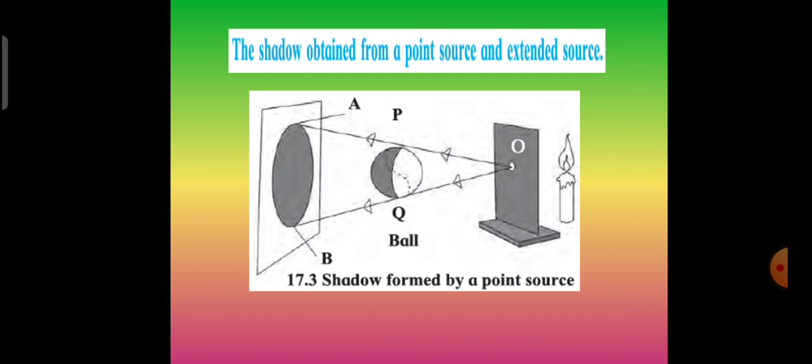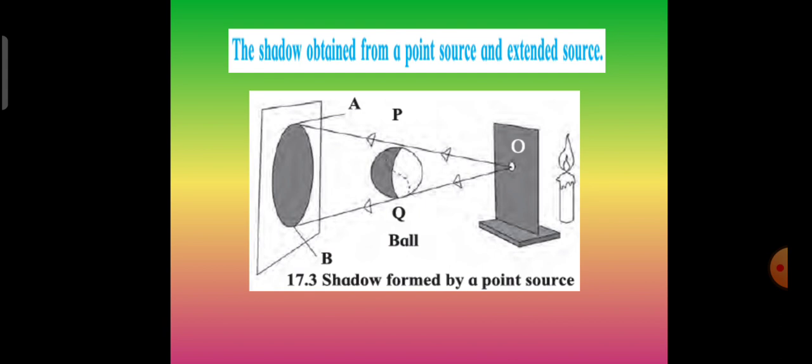And when you place a screen vertically at a distance of 1 meter beyond the cardboard, hang the big ball between the screen and the cardboard. Observe the shadow AB of the ball. The rays OP and OQ starting from the point source just pass by the ball and fall into the points A and B on the screen, respectively. However, since no rays reach the screen between the points A and B, that part remains unlit. This is the dark shadow or the umbra.